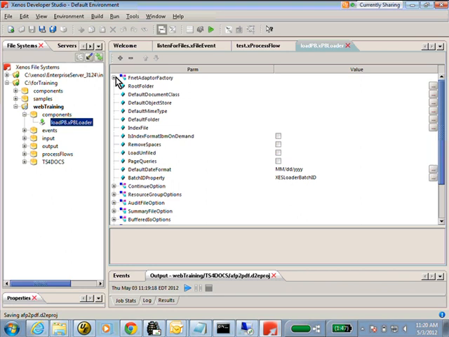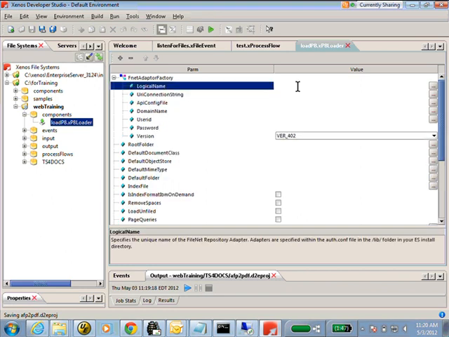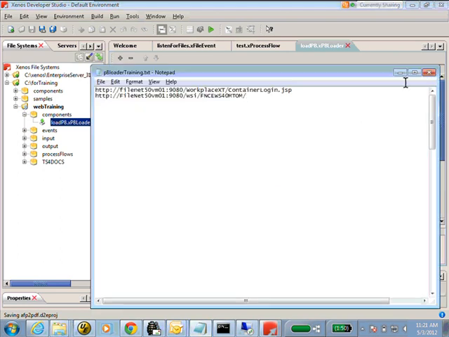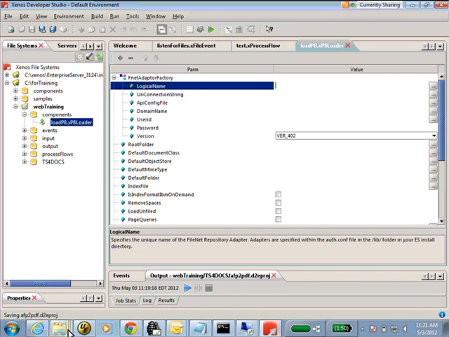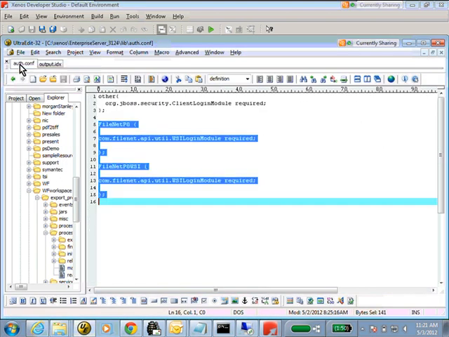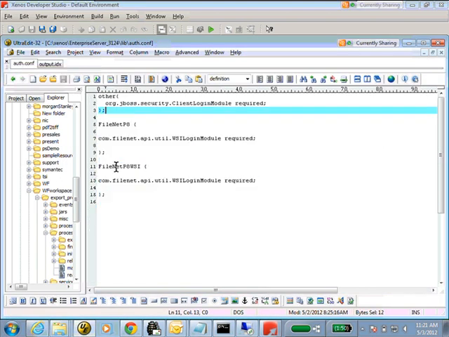First thing you want to do is set up the location of FileNet and how we're going to load it. So first we're going to give this a name. This is from the auth file that we set up. I go into that auth.config, and I'm just going to copy this.